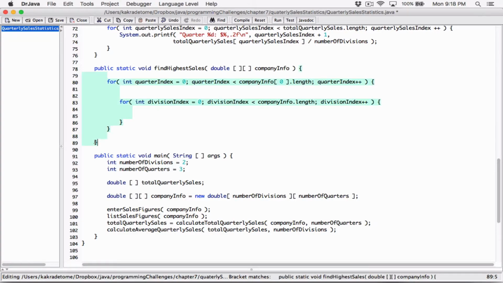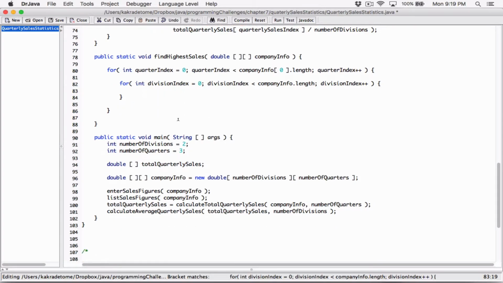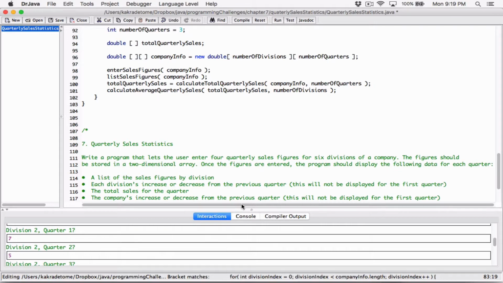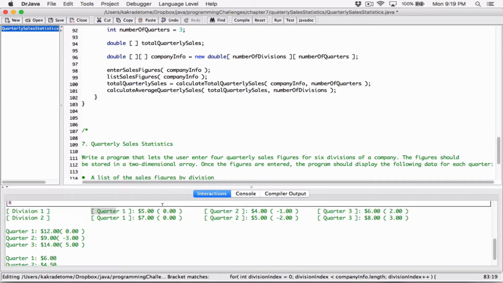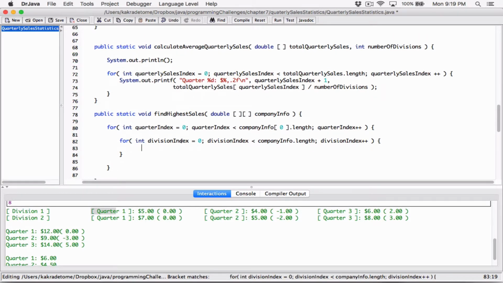Let's see. So this is for the method. This is the loop here. So it's looking good so far. All right. So this is the loop here. Outer loop, inner loop. So this inner loop is what's going through the array this way. And so anytime you're using this inner loop to go through the arrays this way,